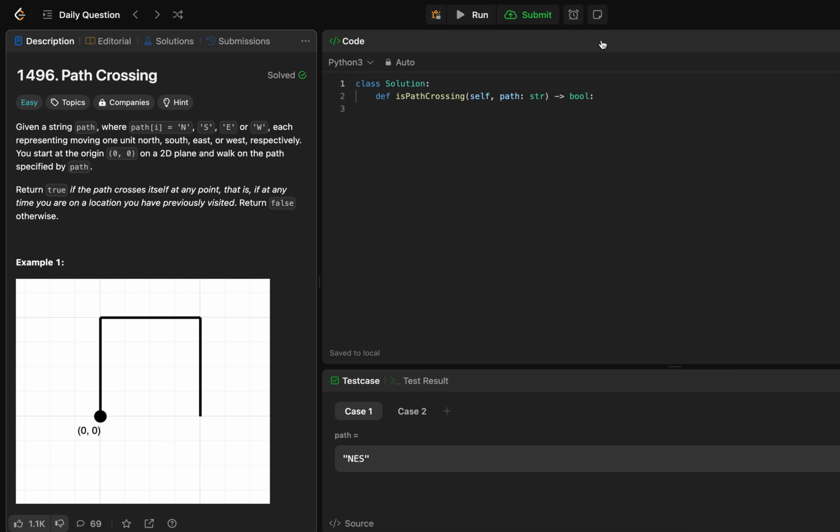Let's do it. First of all, let's create x and y variables, so the initial coordinates, and 0 by default. Also we need a set for visited coordinates, and let's add our initial coordinates (0, 0). Now check each character in path